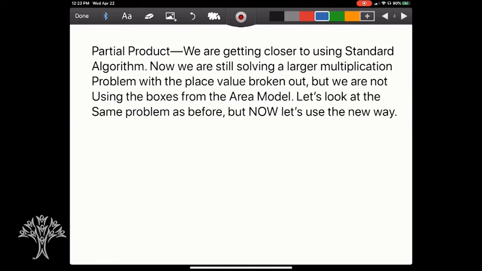Now, earlier this week, we talked about partial product and we connected it with the area model and showed how partial product and area model have a lot in common. Today, we're just going to continue with some practice on partial product. So I'm going to take you through 3 problems that we're going to practice together. I'd like you to do them with me on your paper. And then I'm going to give you 4 problems to practice on your own.